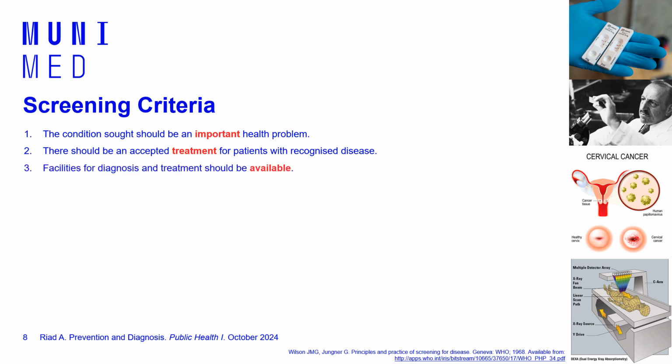Then you need to think about the facilities for the diagnosis and treatment. Do we really have them, or can we afford them from our, let's say, yearly budget or annual budget for the city or from the place where we work? Think about the early symptomatic stage of the disease. Is there a stage like this or not? Because if the disease does not have this early symptomatic stage, then there is no point in finding it early.